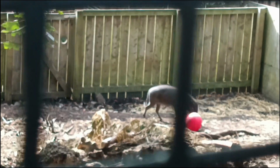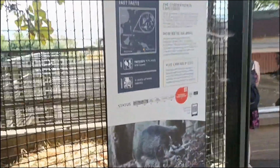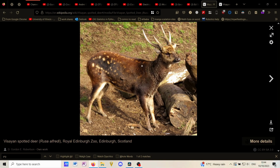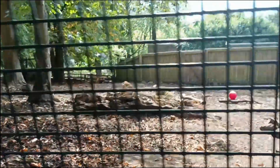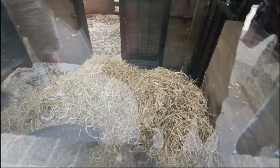The footage you've been looking at of the tail swagger is of the Visayan warty pig, probably meaning Filipino warty pig, similar to the Visayan spotted deer. There again, they were everywhere in the islands around the Philippines, but now evidence only shows them to be in Negros and Panay. And remember, the Visayan spotted deer is also in Negros, so because of pressures from loss of habitat, they have been observed in similar